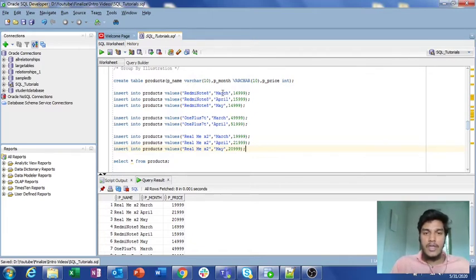Suppose we have a group of values like March, April, May and June, and we compare p_month with those values. Whenever p_month is March, and March is there in any of the considered values in the IN operator, then that entire record is going to be printed in the output table.